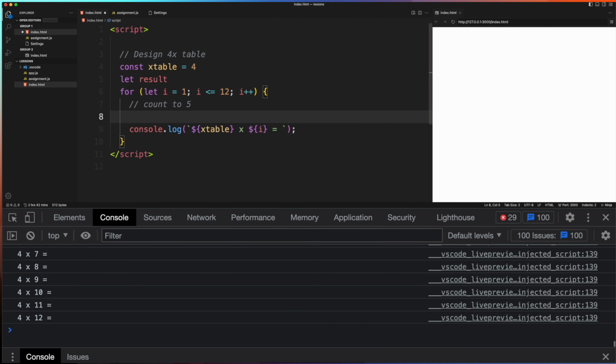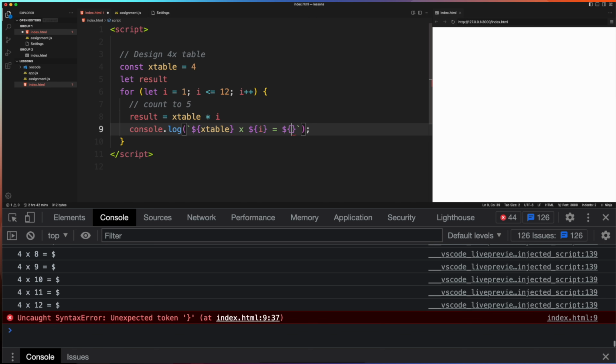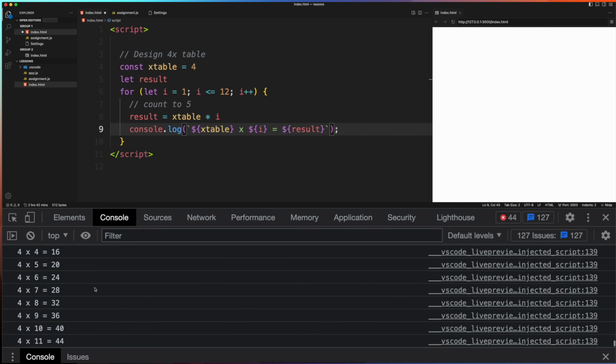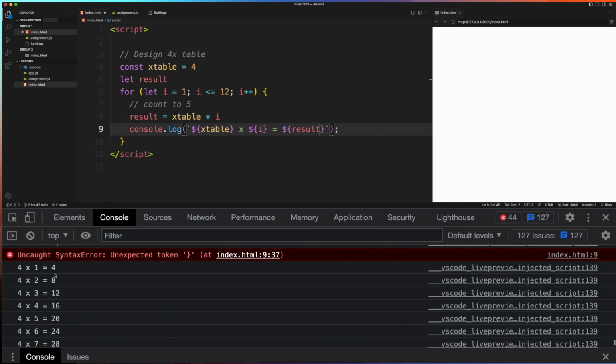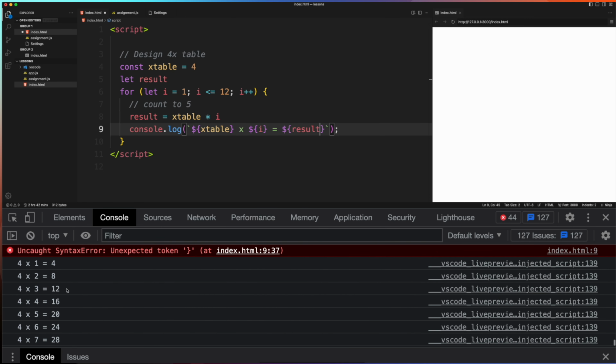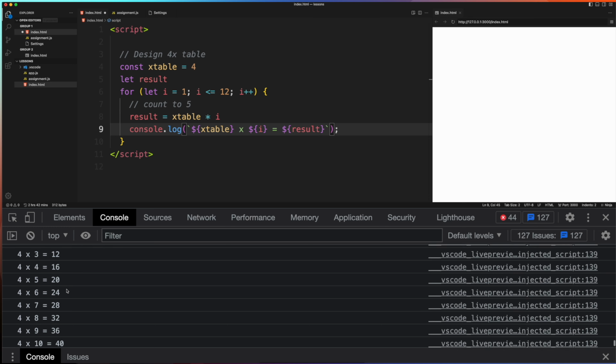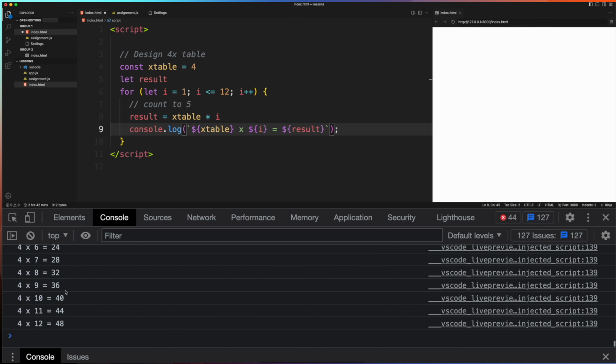Then I can do my result, which is equal to the times table, that's the 4 multiplied by the current I, the current iterator, which is 1. Then whatever it is will be my result here. Then I can use this and do it like this. So look at your times table coming on the bottom, 4 times 1, 4, like that. So this is a good example of using an iterator,